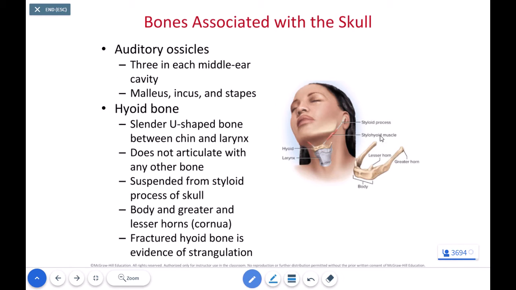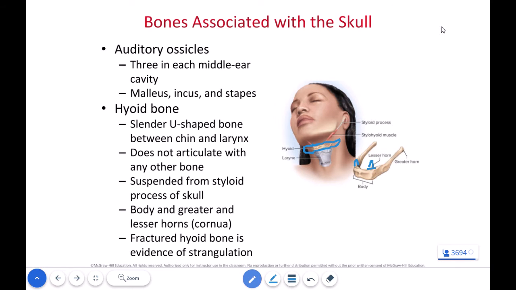And then we also have our hyoid bone. Our hyoid bone is not directly attached to the skull. One of the things that's unique about the hyoid bone is that it does not directly articulate with any other bone of our body. It's oftentimes referred to as the vampire bone because it has 2 small horns coming off of it. Those 2 horns look like fangs from vampire teeth,